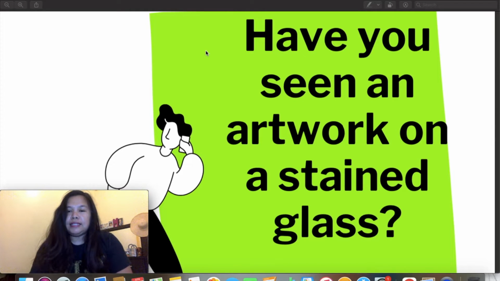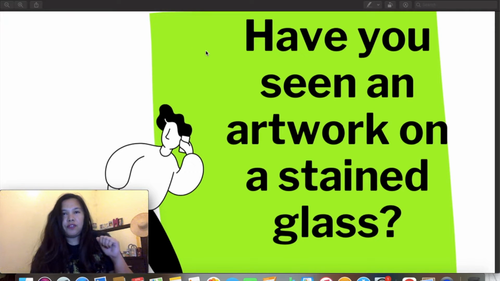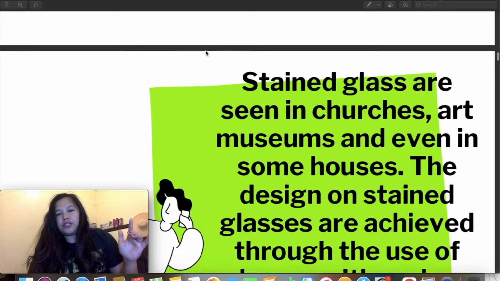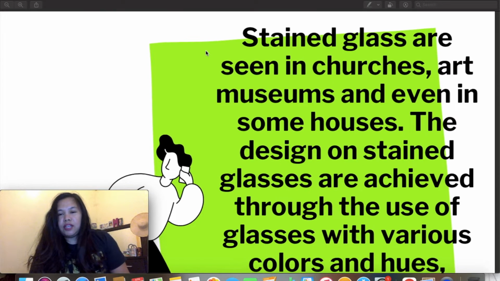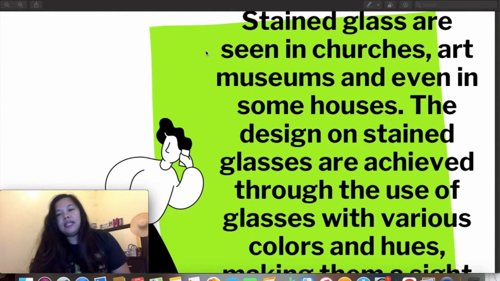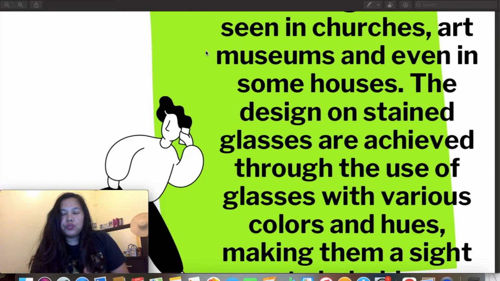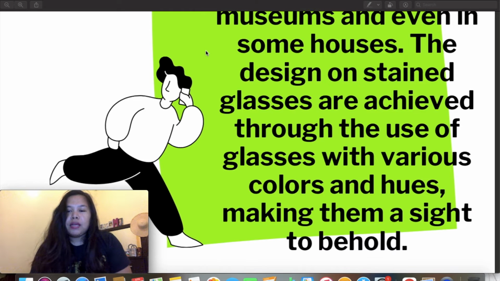Have you seen an artwork on a stained glass? If your answer is yes, if your answer is no, just leave your answer in our comment section. Stained glass are seen in our churches, art museums, and even in some houses. The design of stained glass are achieved through the use of glasses with various colors and hues, making them a